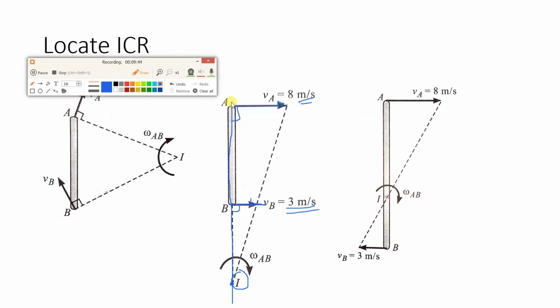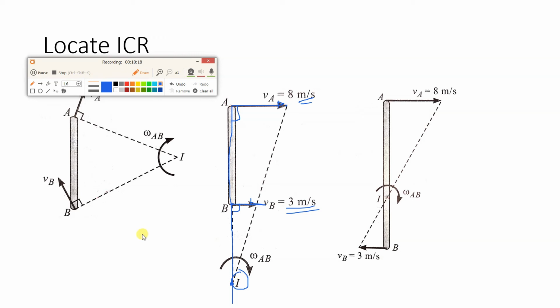I'll repeat again. We have a rod which is in general plane motion. Both the velocities, VA and VB, are parallel, and according to magnitude I have taken the scale and drawn the velocity vectors. We draw a perpendicular to both the velocity vectors, which is this vertical, and then from the tip of VA to the tip of VB we join the dotted line, draw the line passing through both points and extend it till the vertical. Wherever it intersects the vertical, that will be ICR, I.